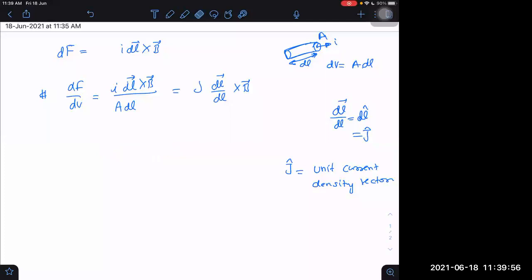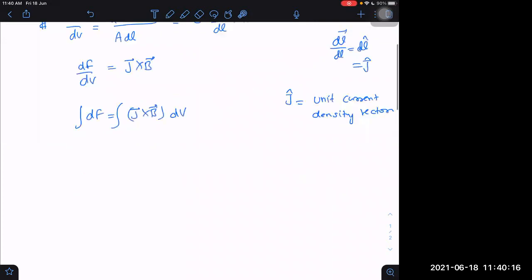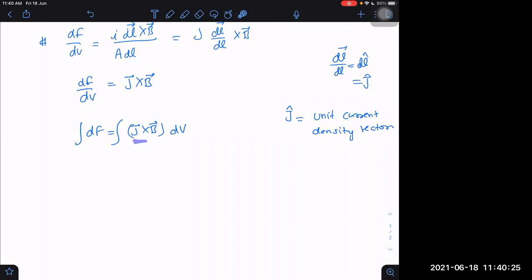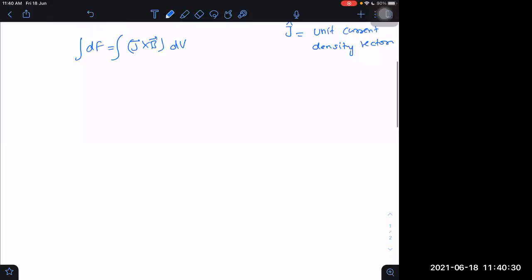We have obtained something useful, and that is the force acting per unit volume. If somebody asks you, you can say force acting per unit volume is equal to this. If somebody asks you what is the net force acting, net force will be nothing but J cross B integrated. Don't worry, there will be hardly any situations where we really have to integrate, but if something like that happens, you can integrate also, not a difficult task. One thing we can also do here: J will be current density and B will be the external magnetic field.